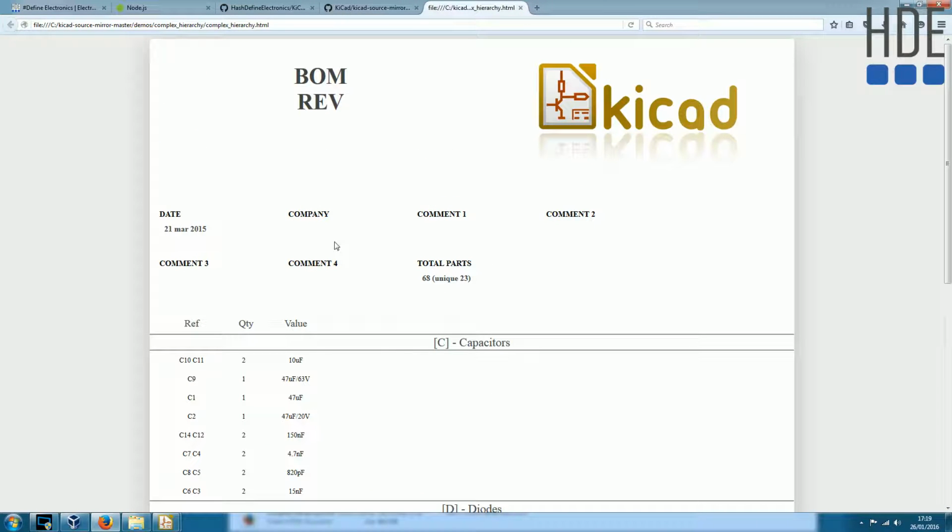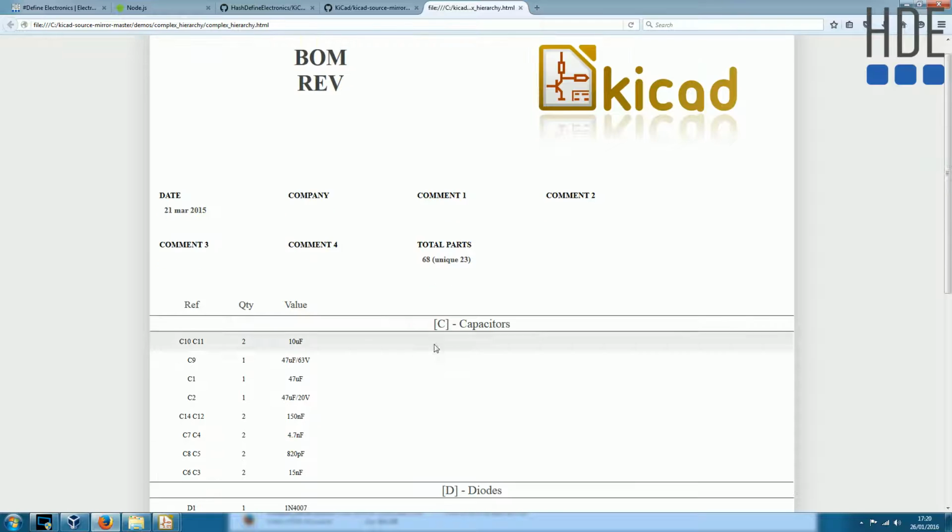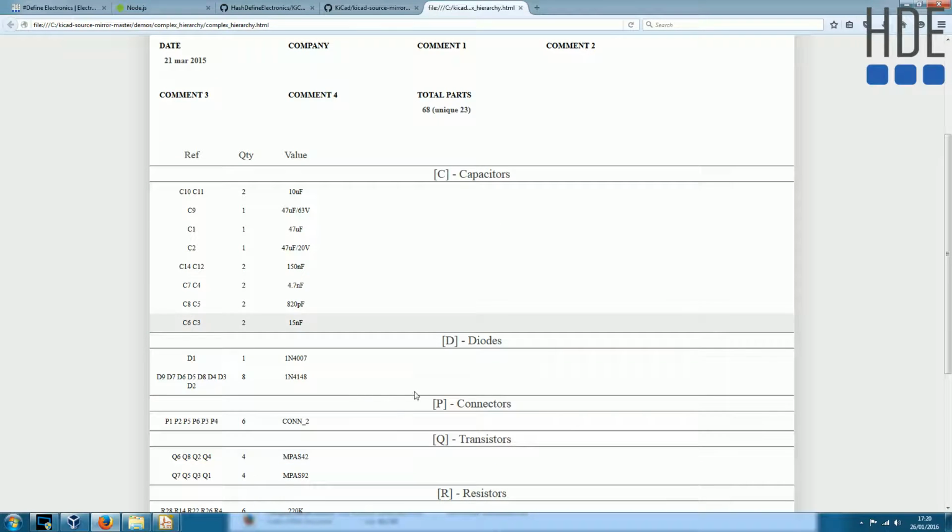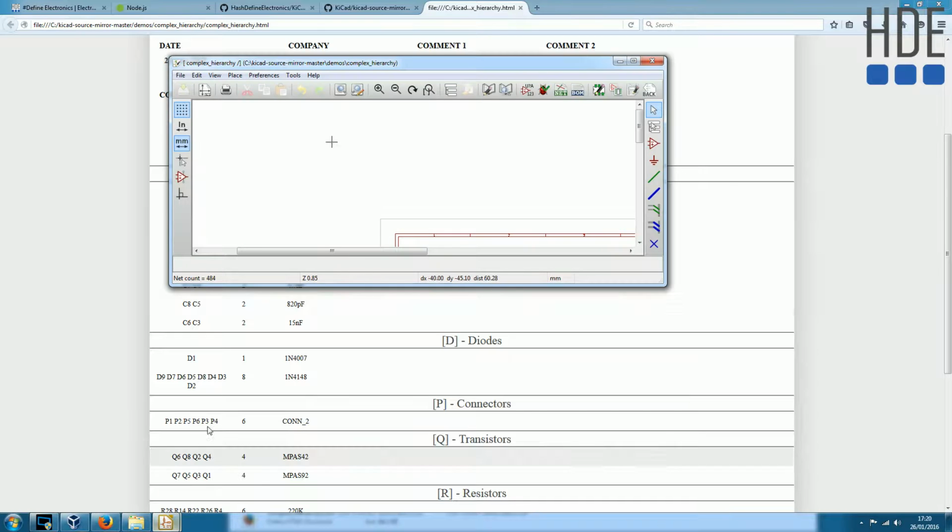Now this is quite common. We've created a project, but we haven't actually filled in any of the sheet information. So we need to do that now. We need to tell it what the project name is, the revision, company, comments, anything like that. You can see here that there are no other parameters. We'll go ahead and add a parameter so you can see how that works. So if we go back to the schematic,